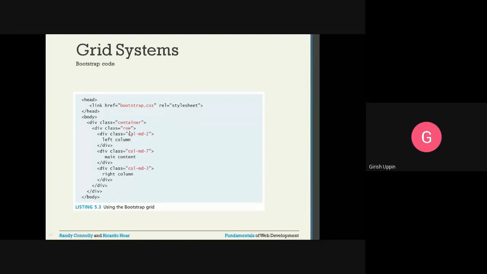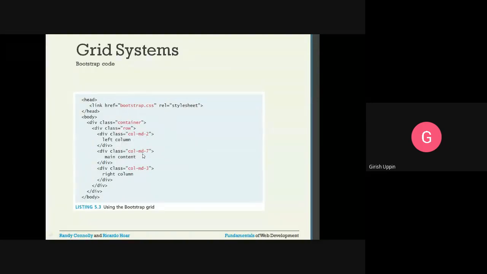Container, so this is the main div container. Then we have a div class row. This begins here and it ends here. Inside that I have the class col-md-2, 2 columns. That is the left column.